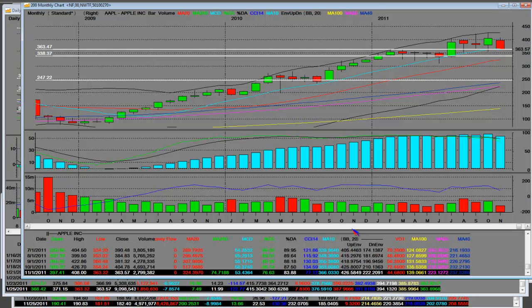The current 10-month moving average line is 366.03 on a monthly level, at jeopardy at that calendar 2011 breakout through resistance, and a breakdown